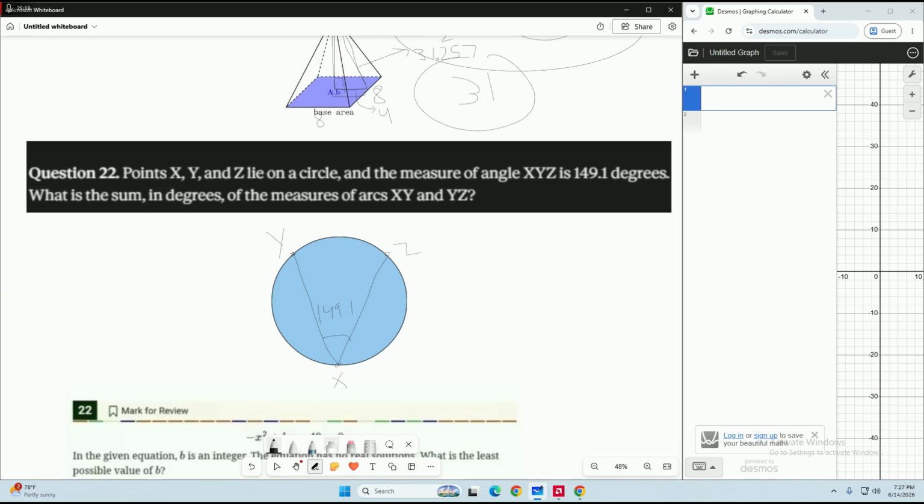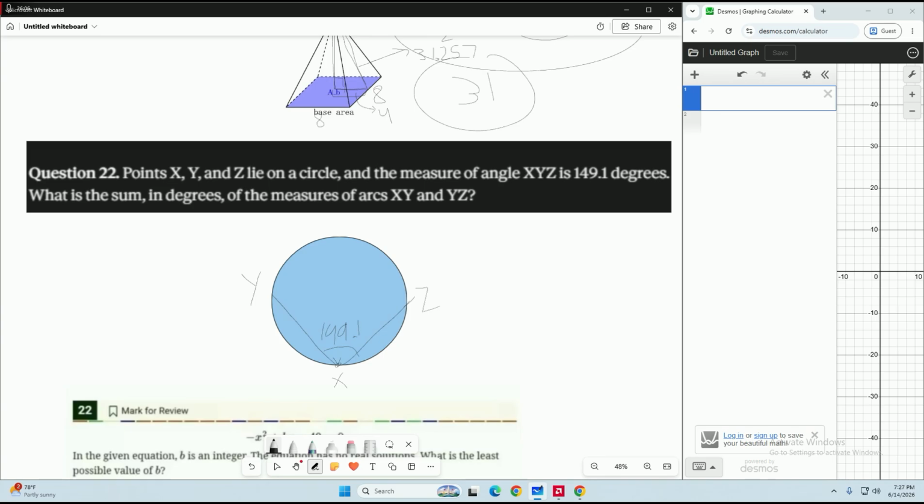So this is obviously drawn not to scale. I'll draw it to scale just for y'all. It'll be something like this, because the arc it encompasses will be a lot more. 149.1. So what we have to realize is that this angle that they give us, angle XYZ,